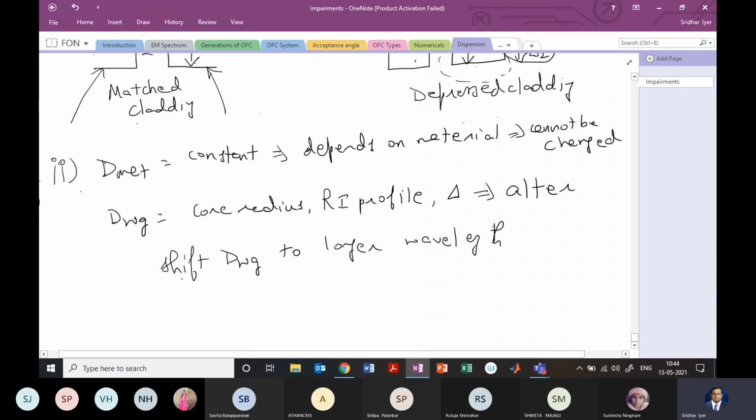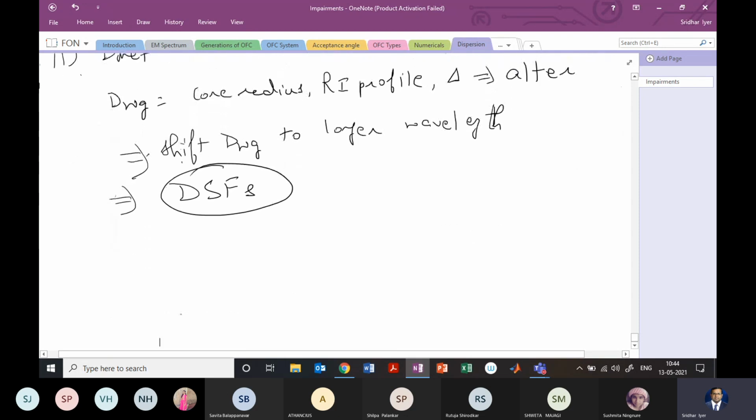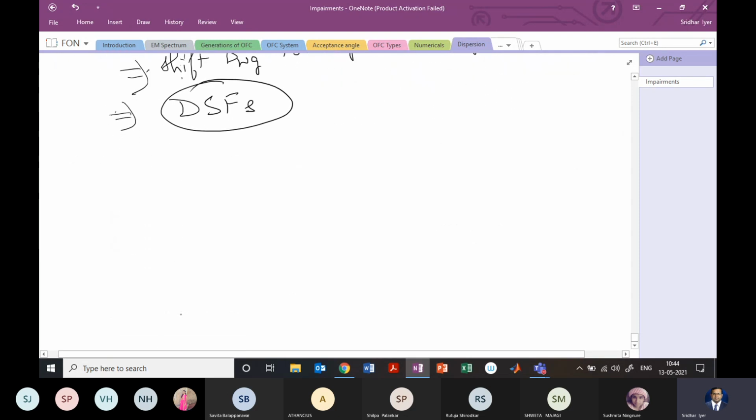right? So what is going to happen because of that? Once you shift the waveguide dispersion to longer wavelength, and since the material dispersion is constant, your total dispersion will move to a longer wavelength, and that is exactly what we are trying to do. So we want to move from the 1300 towards the 1500 nanometer, right? So these kinds of fibers are known as the dispersion shifted fibers, and these will operate for us at about 1550 nanometer, right? So just to see the index profiles of these dispersion shifted fibers, we can have two kinds of profiles here.